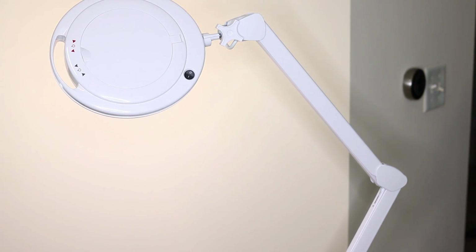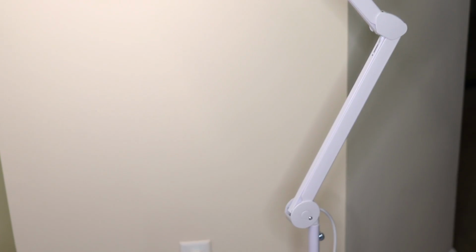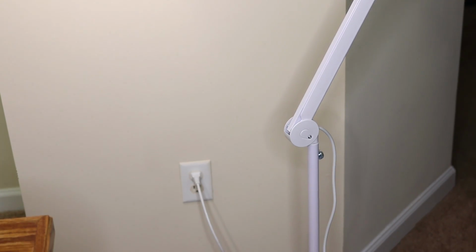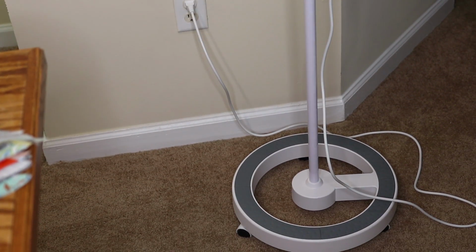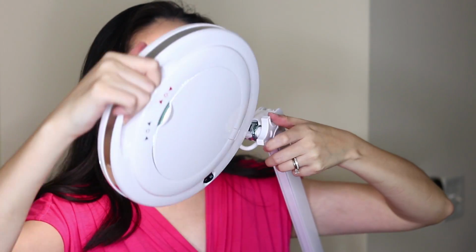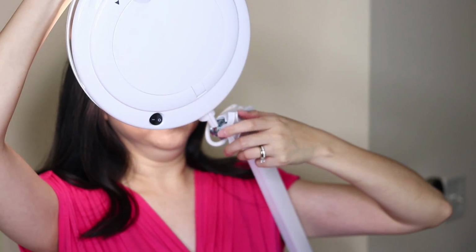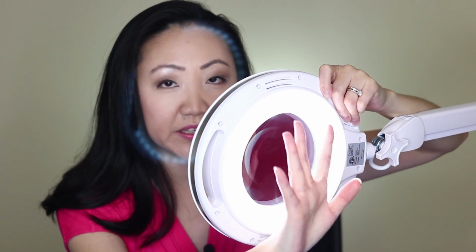So this is the Brightech Pro Dimmable LED magnifying floor lamp. It has 6 wheels, a rolling base. It's pretty heavy duty, and it says it's for professional and hobby use as well. So it's got an adjustable gooseneck glass lighted magnifier lens with a standing light, and it's pretty cool. It's got this little lid that opens up, and you can look through it and see what you're doing,